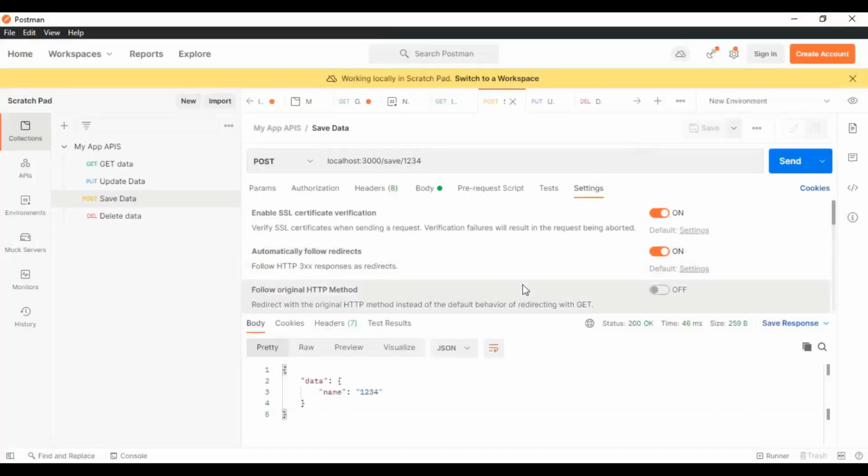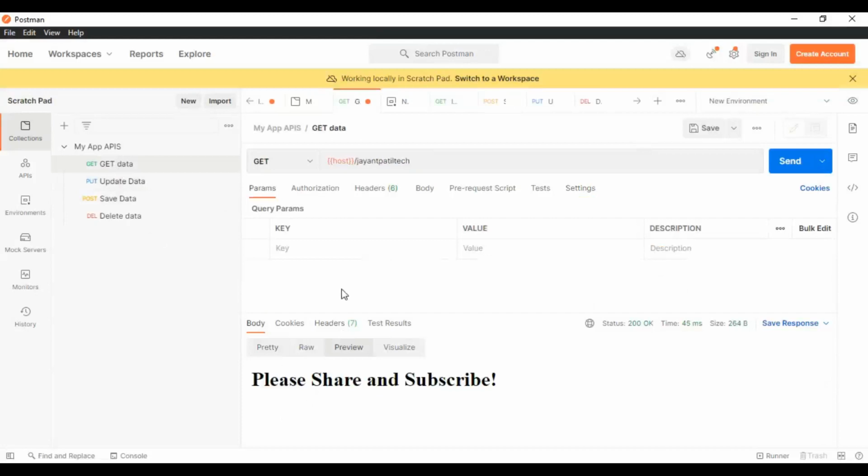So in the next video we will see how to use file upload and how to store it on the server side, and how to return an image path or the image directly to the customer or client, and how to fetch that image which is uploaded. So these things we are going to see in the next video.